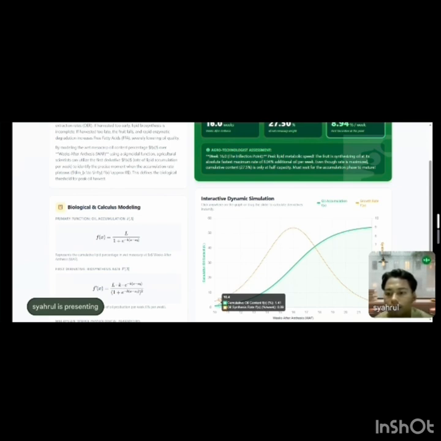Let's look at our biological model, where we measure oil content percentage, F(t), against time in weeks after anthesis, or WAA. By utilizing a sigmoid growth function, we can use the first derivative, the instantaneous rate of oil production per week, to understand exactly what is happening inside the fruit.